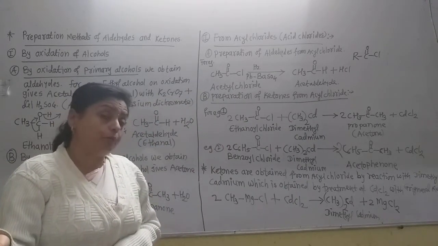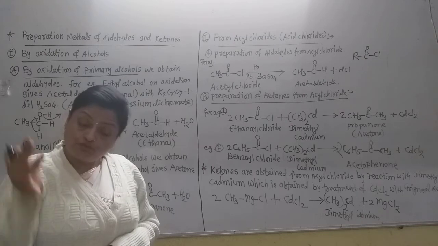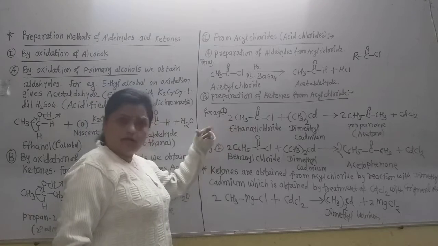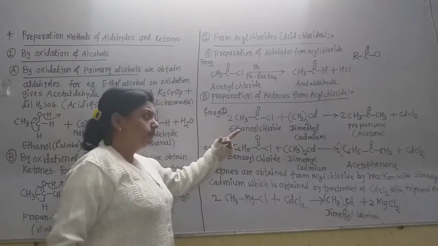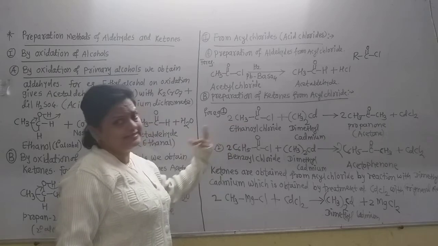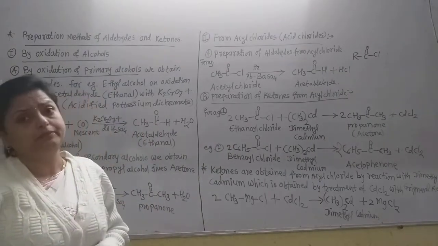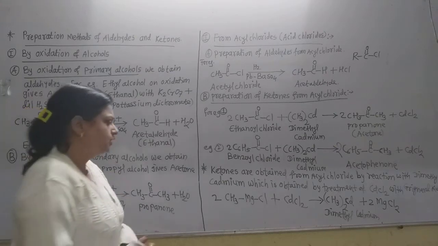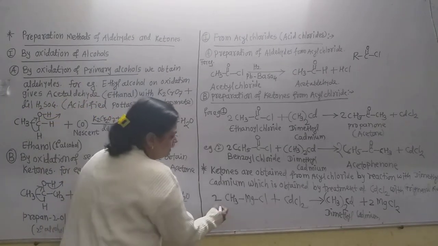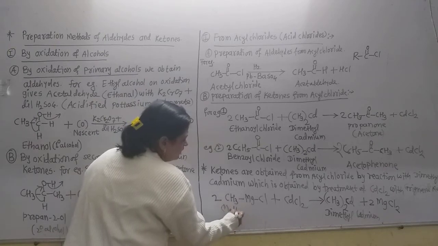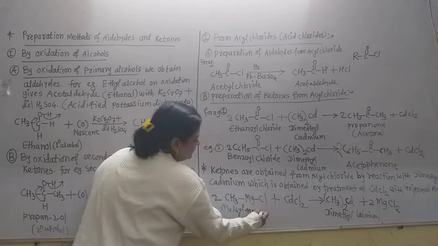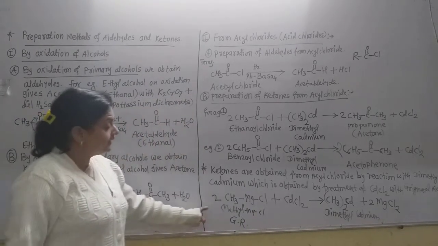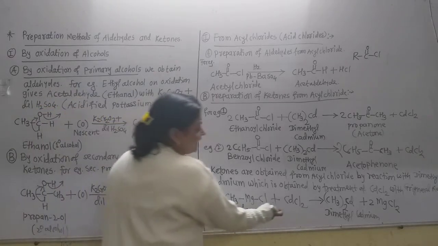Now how is dimethyl cadmium obtained? First we have to prepare dimethyl cadmium, and then we can prepare acetone or any ketone by using that dimethyl cadmium with the acetyl chloride. But how is the dimethyl cadmium formed? Dimethyl cadmium is formed from the Grignard reagent. Now see this reaction. This is methyl magnesium chloride, the Grignard reagent, you know that. Take two molecules of Grignard reagent and first treat this with cadmium chloride.